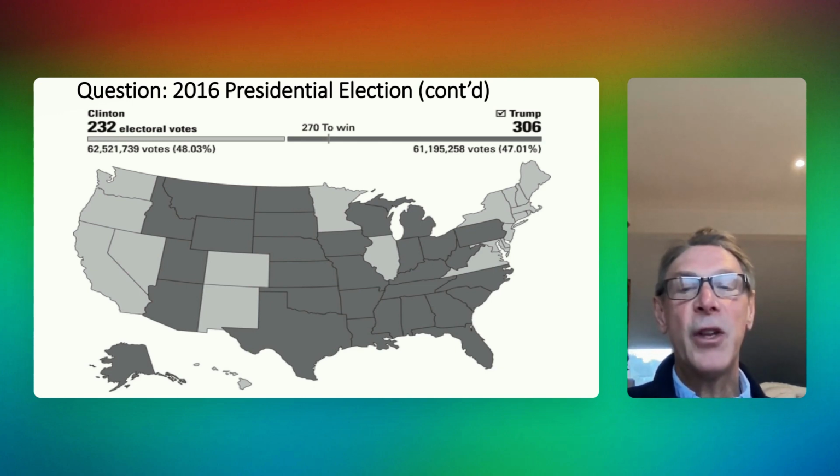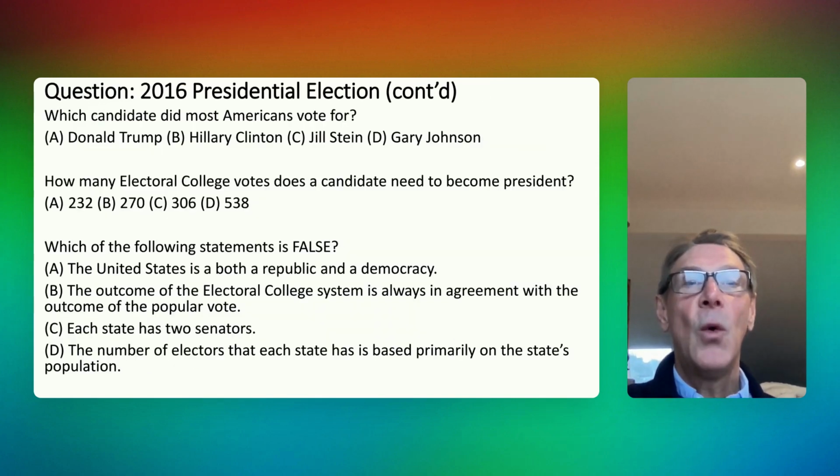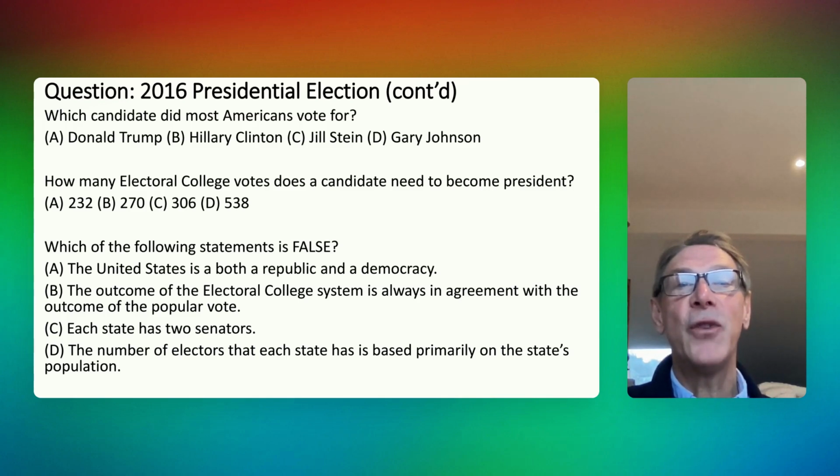Now let's go to the questions. So we'll come back to the chart. Which candidate did most Americans vote for? Donald Trump, A, Hillary Clinton, B, Jill Stein, C, or Gary Johnson, D? Well, we didn't see any sign of Jill Stein or Gary Johnson, so we know it's either Donald Trump or